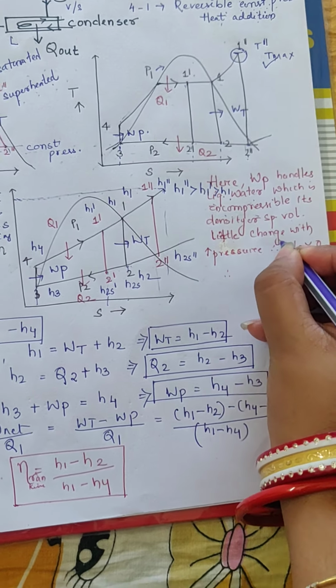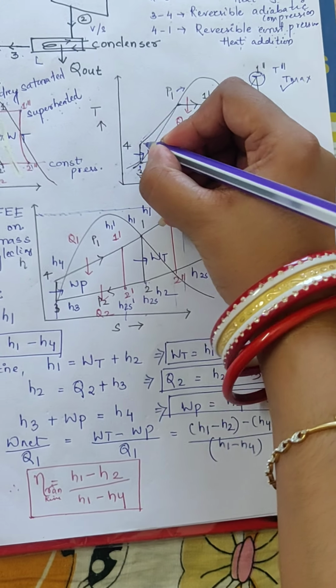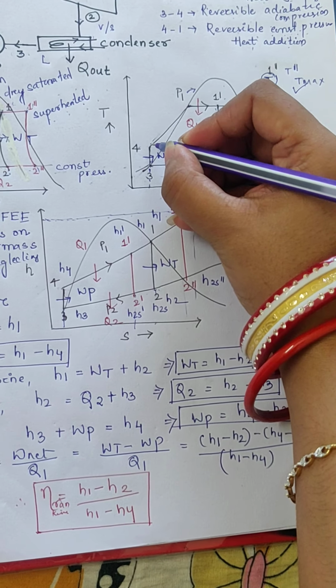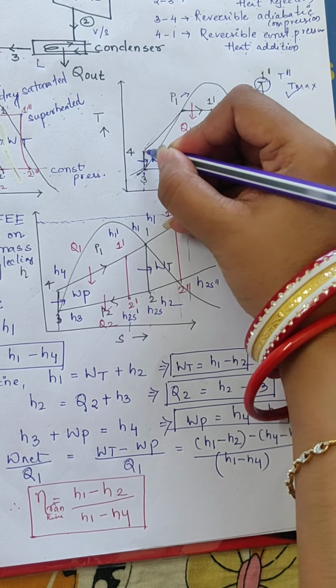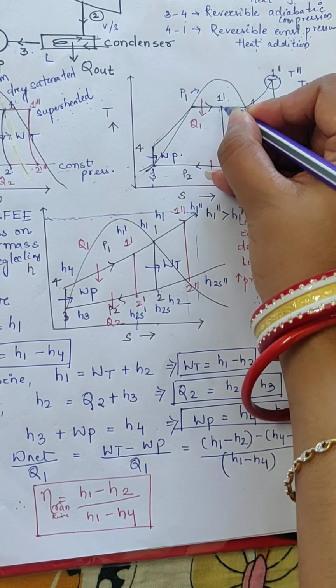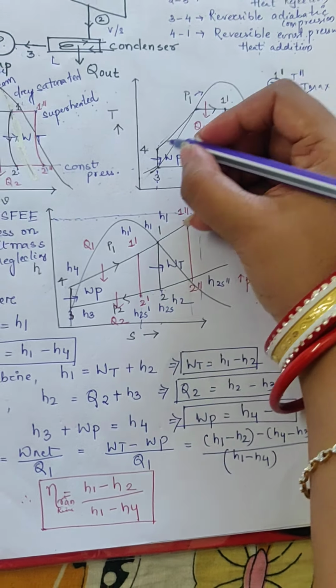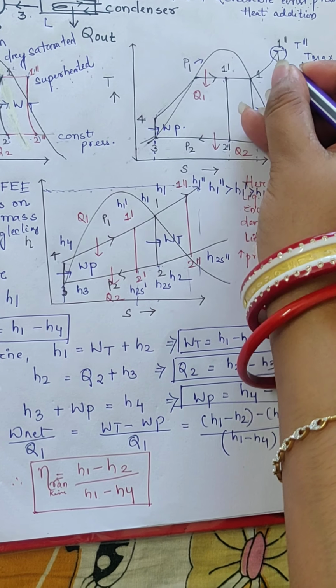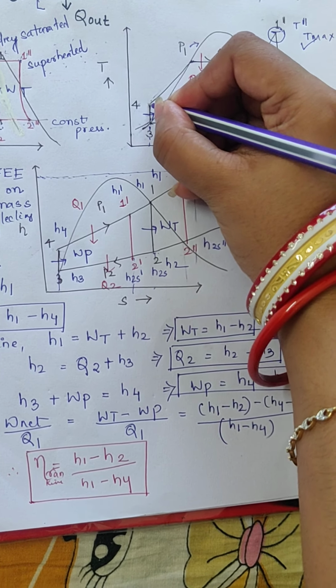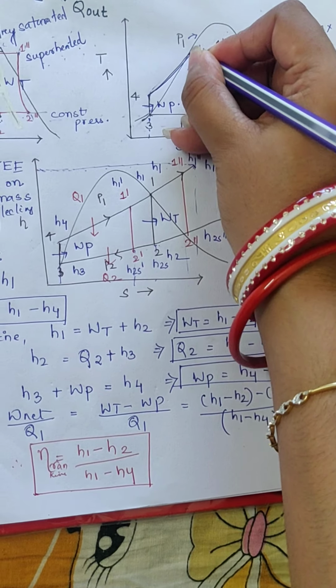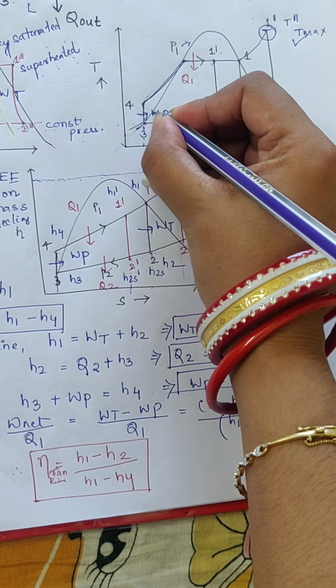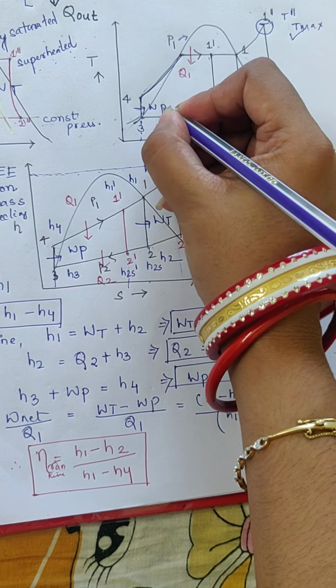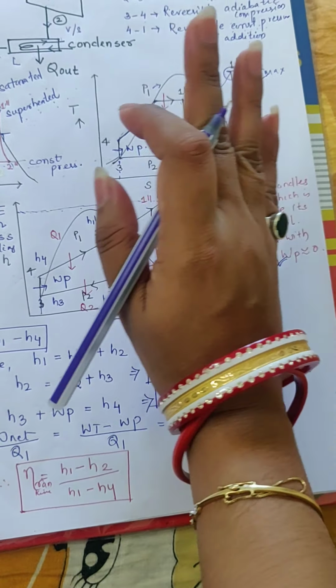change little with the increase in pressure, because the pressure has been increased over here. Look at this, at state 4 to 1, or this one, or this one, you have to increase the pressure over here. You have to add this much pressure over here. That's why the pumping work is considered negligible.